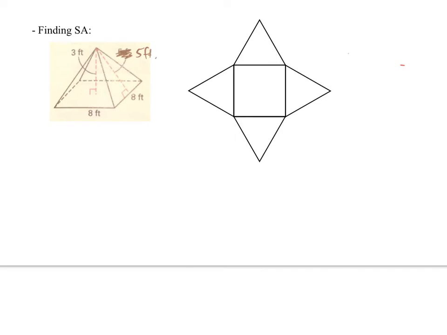Start with the triangles or start with that square? What do you think? Square? Okay. So if I would do this square, area of a square, you could say base times height, or you could say side squared. Doesn't make any difference. Base and height or the length of a side in this are all going to be 8 feet. So we have 8 feet squared, or 8 feet times 8 feet, for a total of, nice, 64